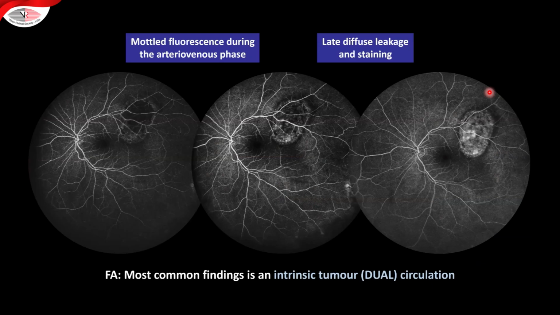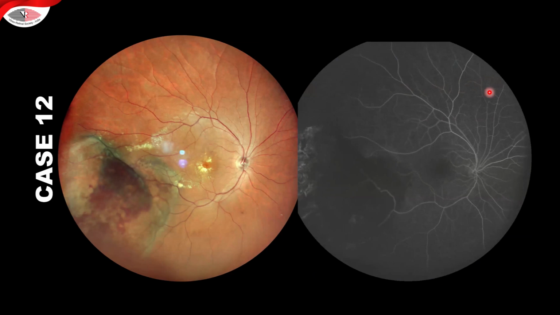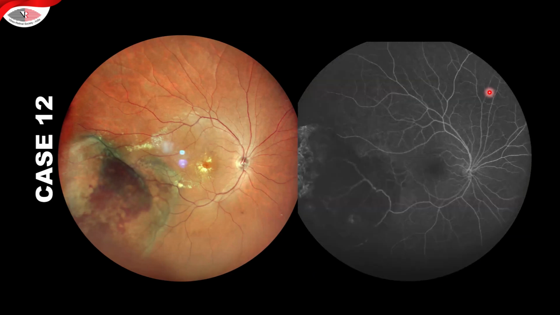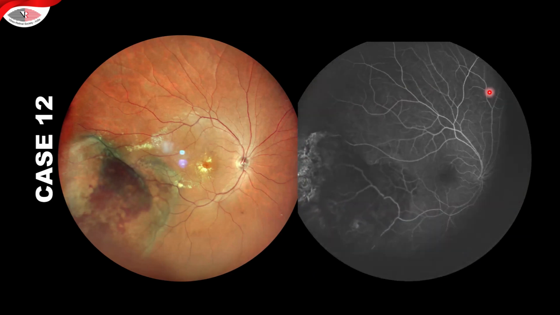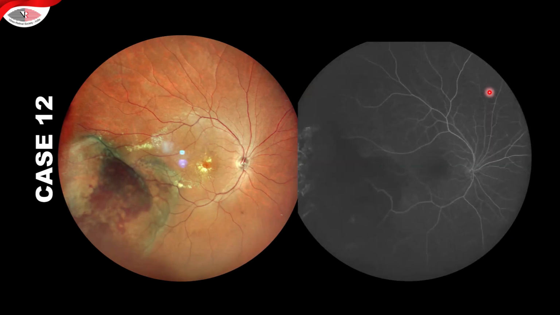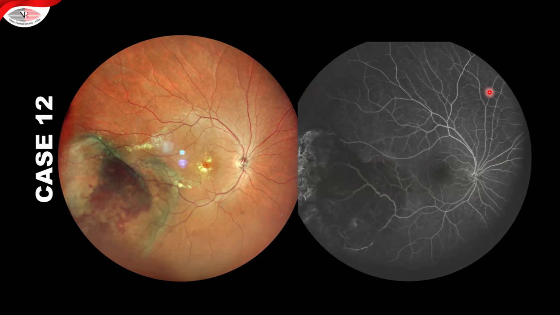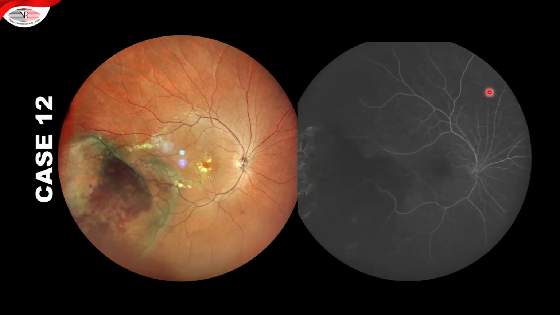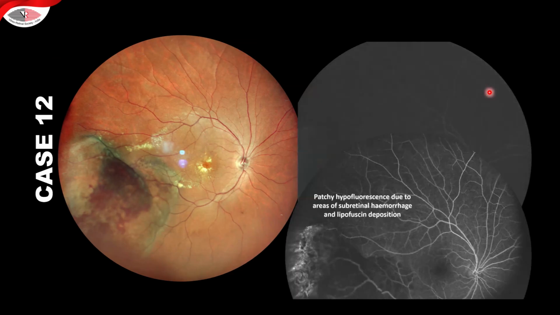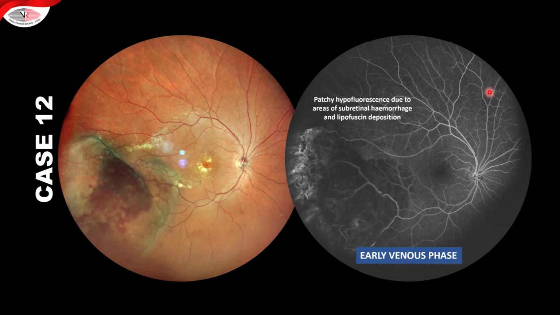And you see a mottled fluorescence in the arteriovenous phase and the late diffuse leakage and staining happening in this case. Most common findings could be intrinsic dual circulation, which is mentioned here. So here you see a phase which is actively progressing, an angiogram, fluorescein dye is injected, and you can see how the area of the tumor is defined in relation to the rest of the retina, and patchy hypofluorescence due